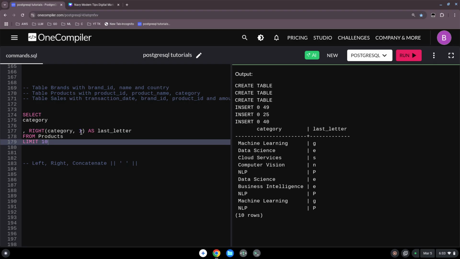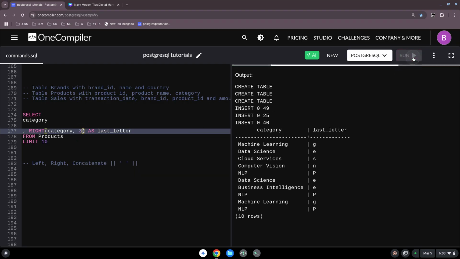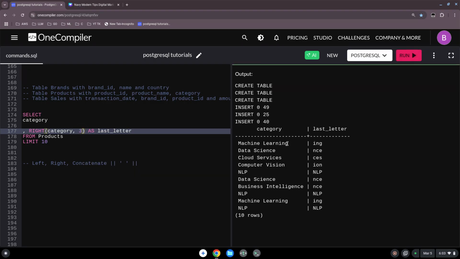What you now can do is also change here. So the last 3 letters I want, ing for learning, ion for vision, and so on. So easy to use left and right functions. One additional thing is,